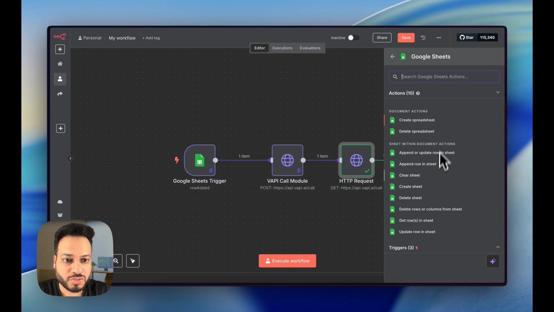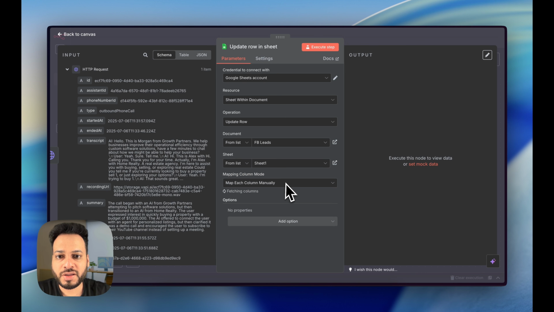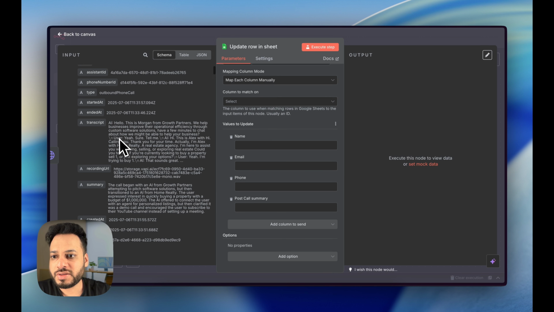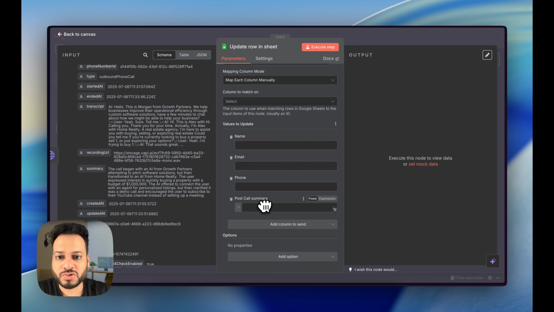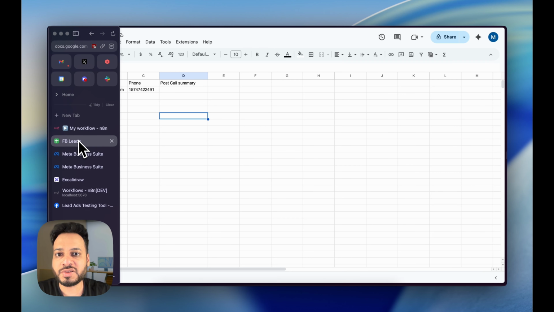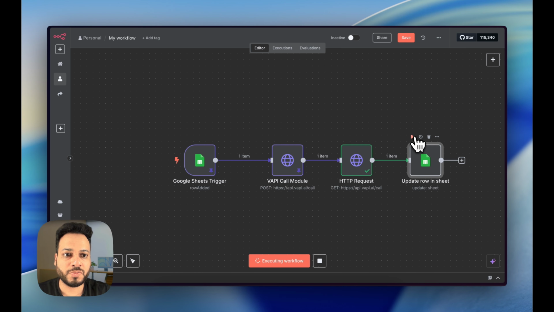So we have to go for update row in a sheet, and from the list we have to select Sheet 1, and inside the columns we have to set summary as post call summary, right? And now if I execute this, it's going to fill up the post call summary right here. So if I do it right now,